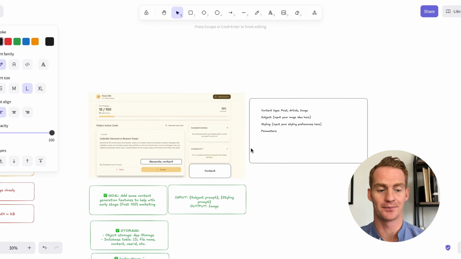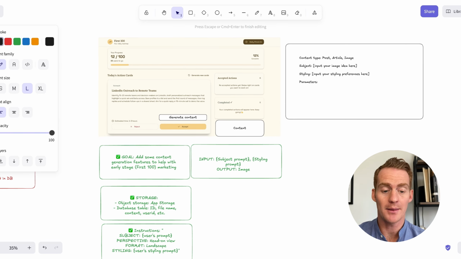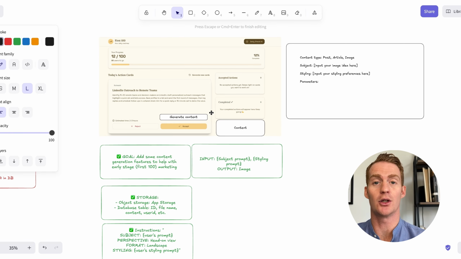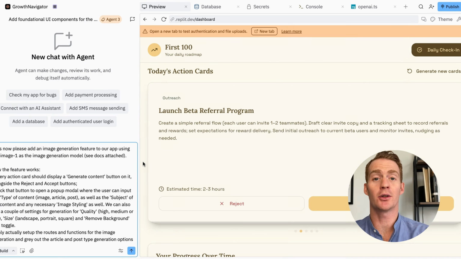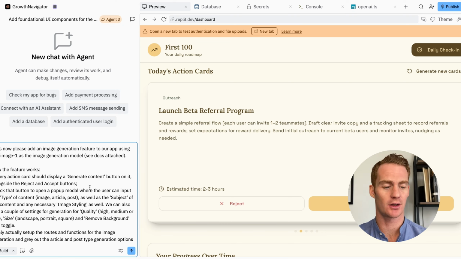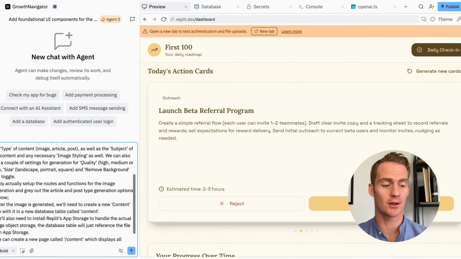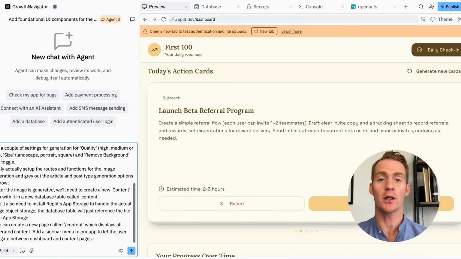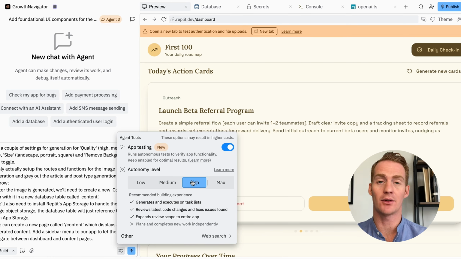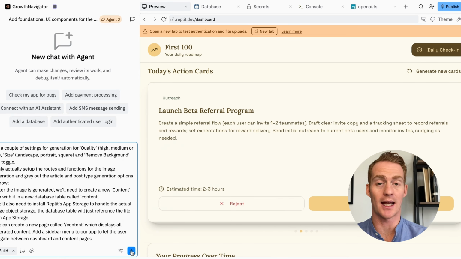Okay, so enough drawing on the whiteboard. Time to start building this actual feature using Replit Agent. As per usual, I will be sharing the exact prompts that we're using for adding these AI image generation features. But for now, this is quite a specific prompt that is talking through how the feature should work, just as we discussed on the whiteboard earlier. I'm going to set the autonomy level to high, switch off app testing for now,